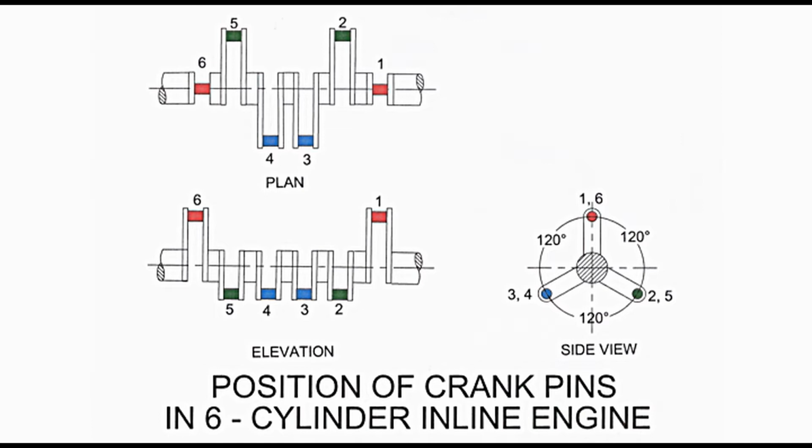Though while manufacturing them, care is taken to keep their masses the same, it is possible that there is a small variation. This variation is compensated by using correction weights while balancing. Both primary and secondary forces and the couples related to them can be completely balanced. Thus, it is possible to have a vibration-free 6-cylinder inline engine.